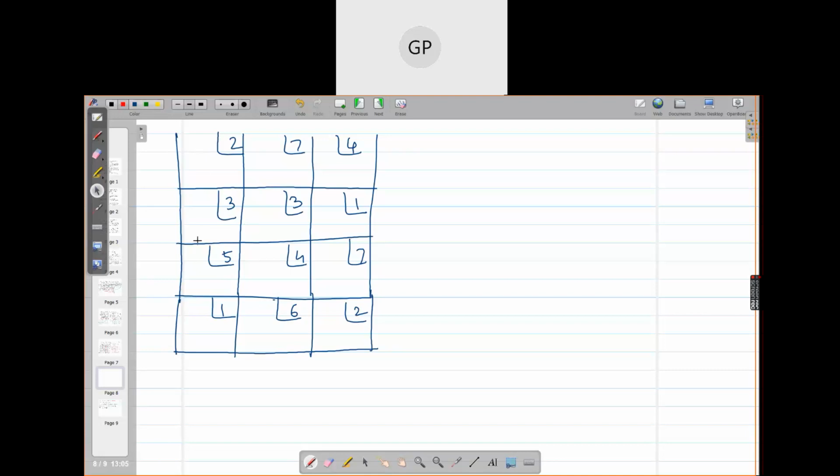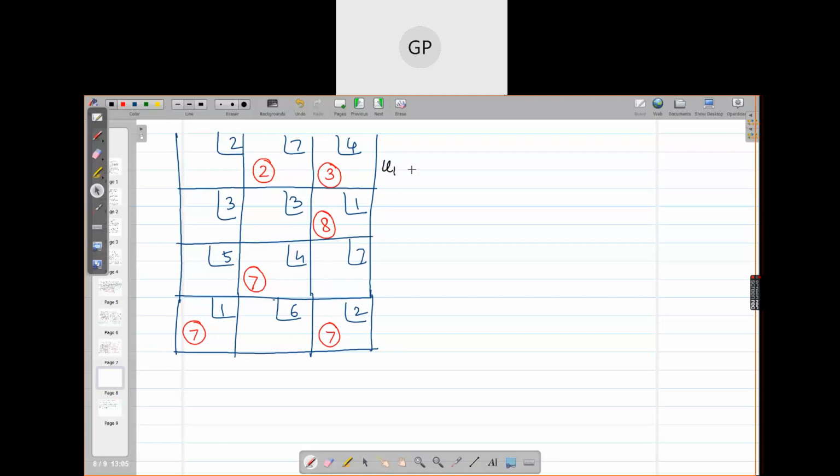Ma'am, at first row, second column 2, third column 3, in second row, third column 8, in third row, second column 7, in last row, first column 7, and then in the last row, last column 7. Okay. Right. So let us calculate Uis and Vjs quickly.